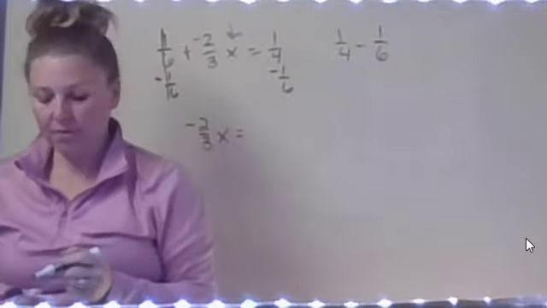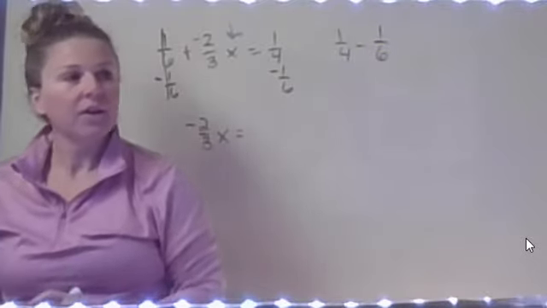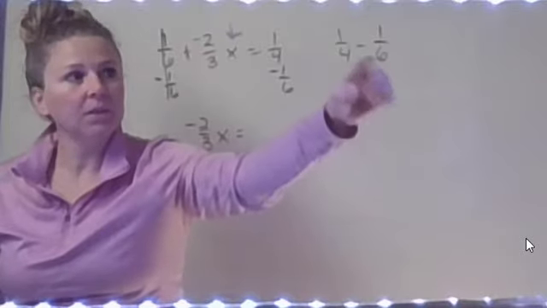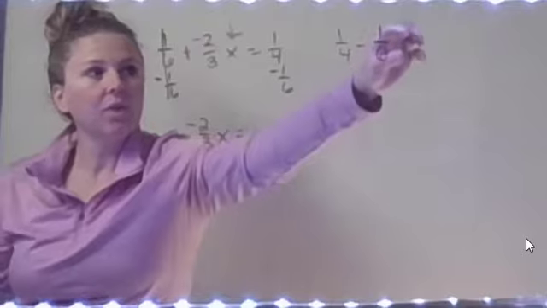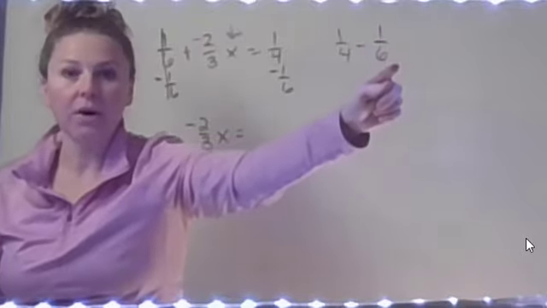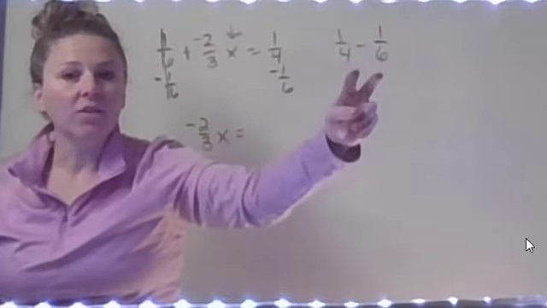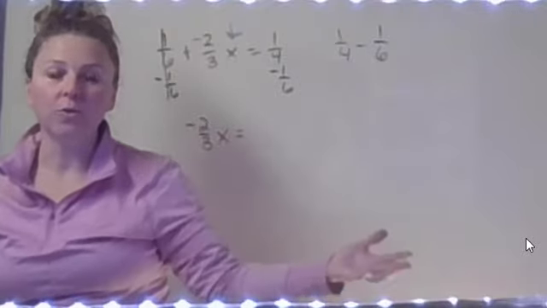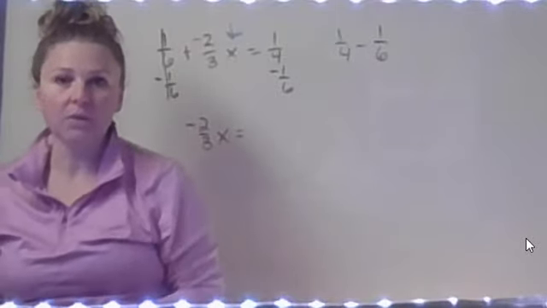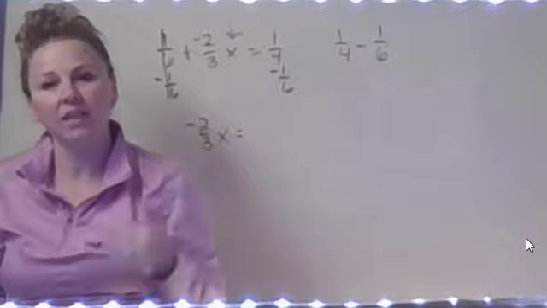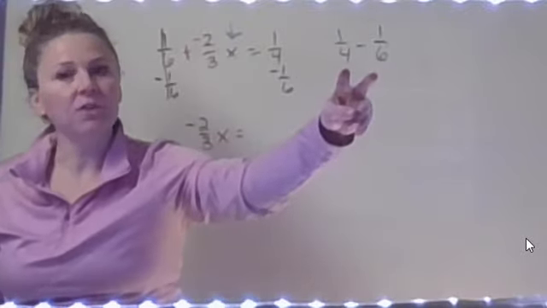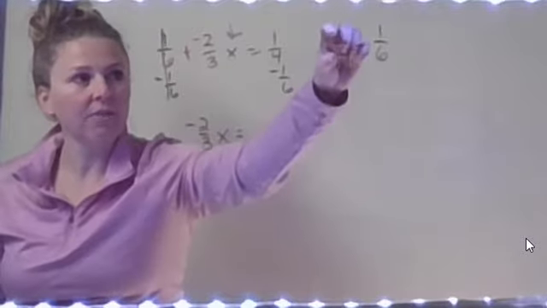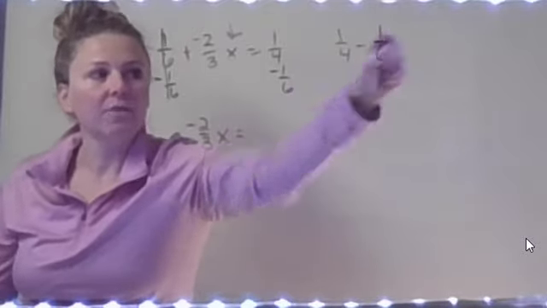In order to subtract fractions, you need a common denominator. So you could just multiply this whole thing by 6 to get 24, and this whole thing by 4 to get 24. But these also both go up to 12 more quickly than 24. So it's going to be a little bit easier. You're going to have less to reduce at the end if you get these both up to 12. If that's hard for you, you can always just multiply this fraction by this denominator and this fraction by this